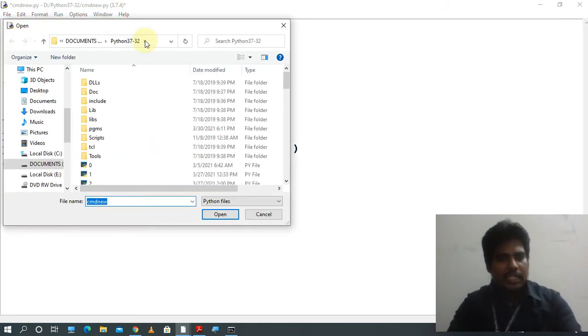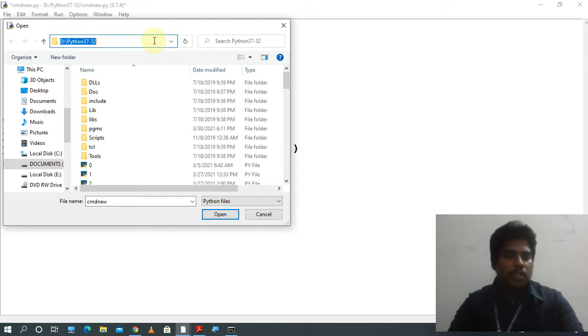So you can get the location where your Python programs are installed and where the Python files are saved. I stored the program in the D drive. In the D drive there is a folder called Python 37-32. Just save the location.